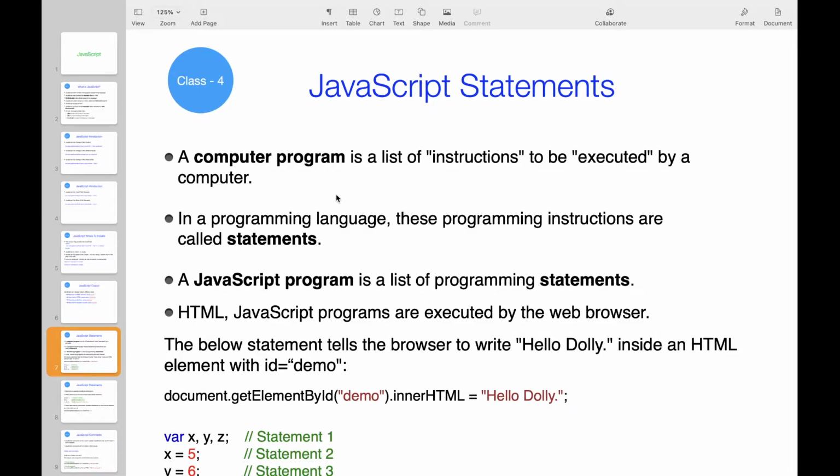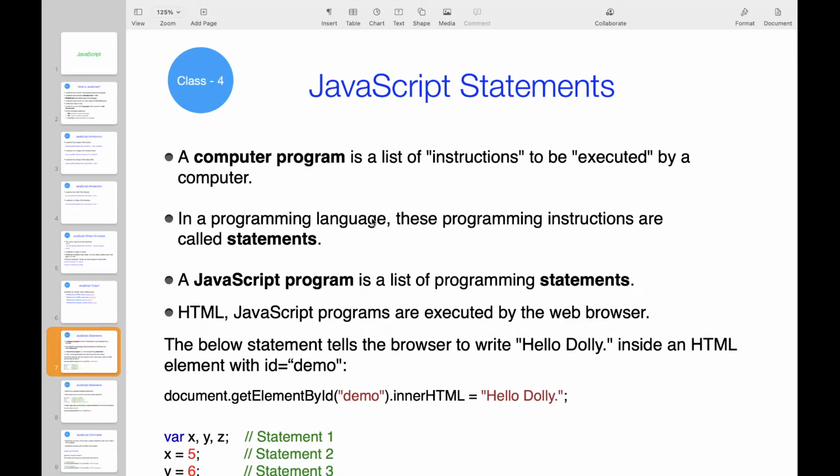Let's start the fourth class. So what is a statement, first of all? A statement is an instruction to the computer. The computer is not a human being that understands what we say, so we should instruct the computer clearly. We cannot tell it like a human, do that, do this. We should write something as a program, and tell the computer to execute this line.